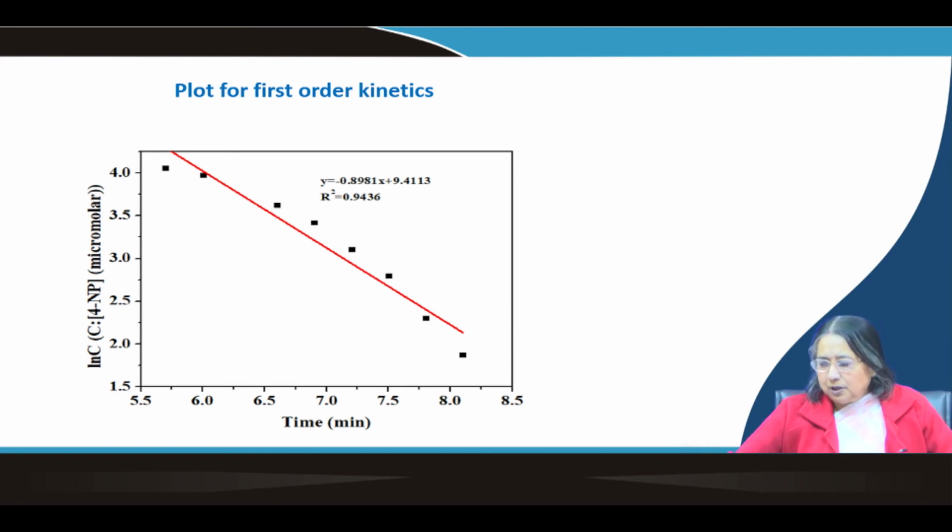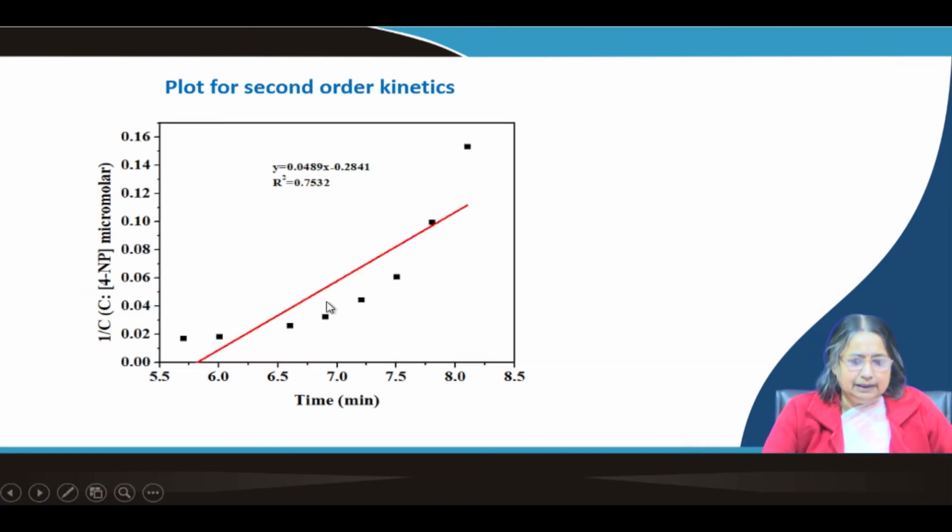Now, let us plot second order, okay, linear plot. So, in the second order plot we know 1 by c you have to plot against time. So, we have plotted it. Now, you see here this is also not linear. Okay. So, second order is also not followed. Okay. So, among the three, 0 order, first order and second order, we see that it is following very good linearity,